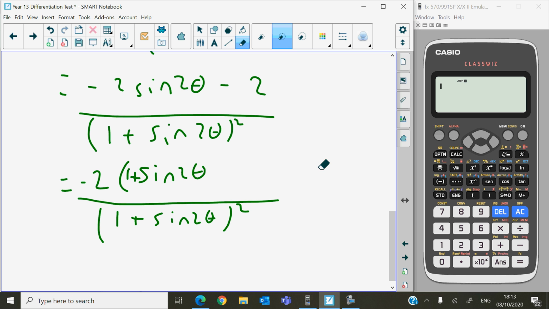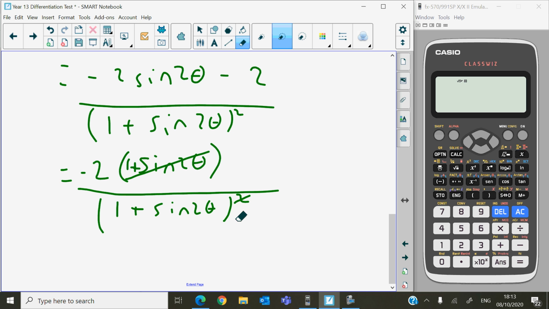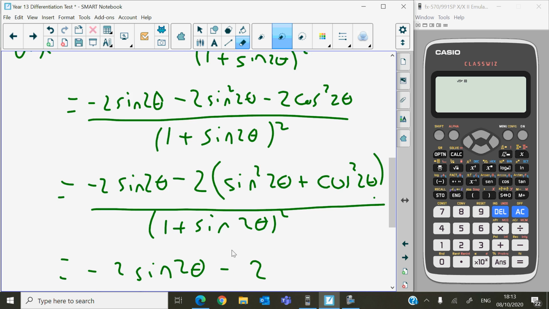Because now I can see that there's an algebraic factor that can be cancelled. Okay, so I'm going to cross this one out, and that's going to cancel with the squared at the bottom. That's going to now leave us with a minus 2 on the top and a 1 plus sine 2 theta on the bottom. And if I go back up to what the answer wanted,